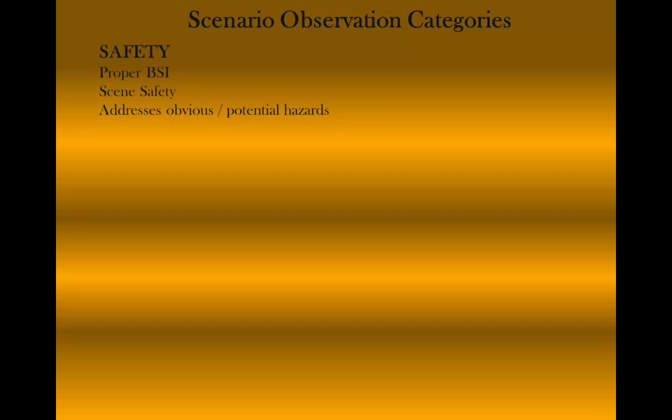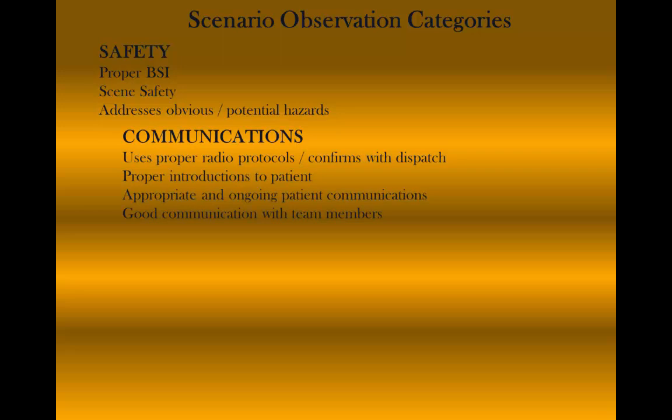For example, the team with the safety category observes the simulation participants to assure that they have taken proper BSI precautions, ascertained scene safety prior to entering the scene, and that the team immediately addresses obvious or potential hazards. The team with the communications category observes for proper radio protocols and confirmation with dispatch, watches to see that proper